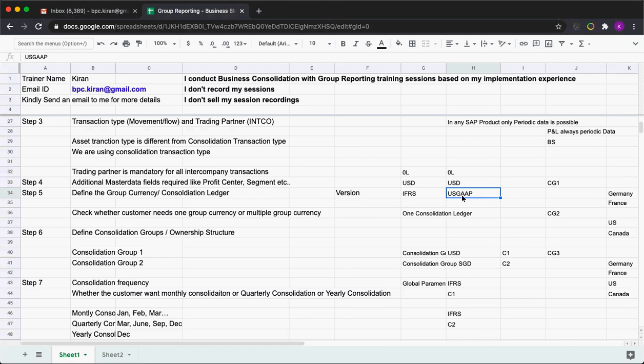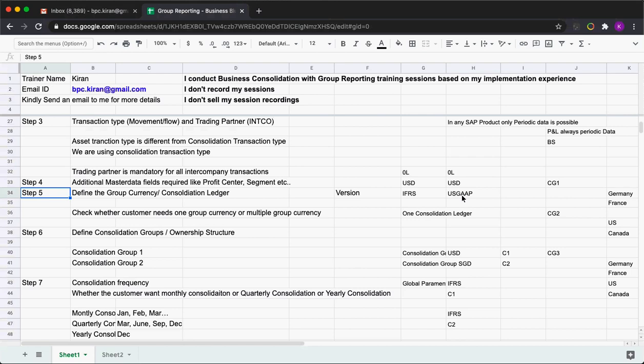Correct. See, variation of accounts in the sense, for example, I have 100 financial statement items. In that, 98 belong to IFRS, and 100 belong to US GAAP. So the difference is two accounts, right? I can create different hierarchies for my reporting purpose. For IFRS, whatever balance sheet or P&L I prepare, in that hierarchy I don't include those two financial statement items which are applicable for US GAAP. So a clever way of doing it is that within the hierarchies you eliminate or add those FS items, without creating one more consolidation ledger. Exactly. Thank you.